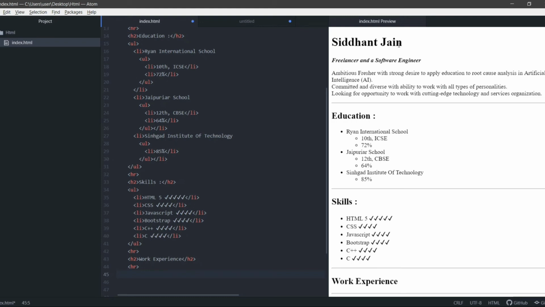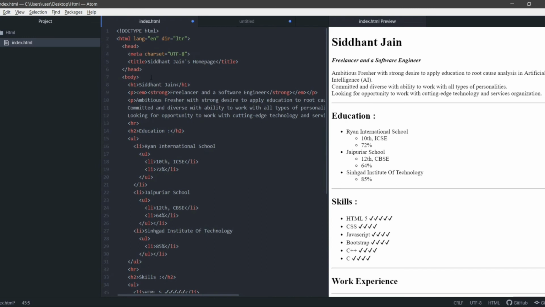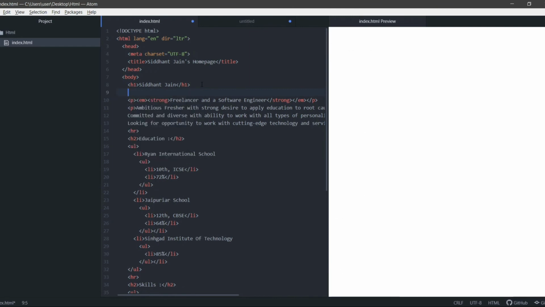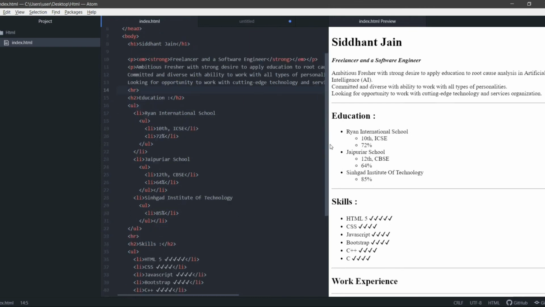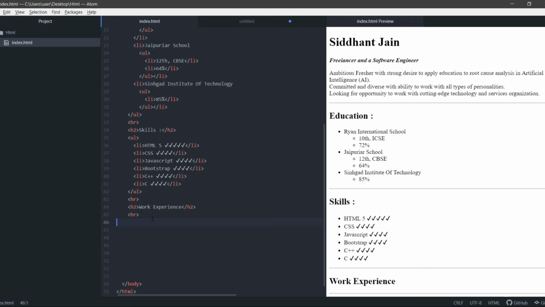But if you want, suppose here you have written your name, above this or below this you can just add an image. But as I don't want to, I won't add an image here. Now we'll add one more thing. We'll create a link here to contact me. If someone likes my resume, or is interested in offering me work or an internship, how can they contact me? So we'll create a contact me link here.